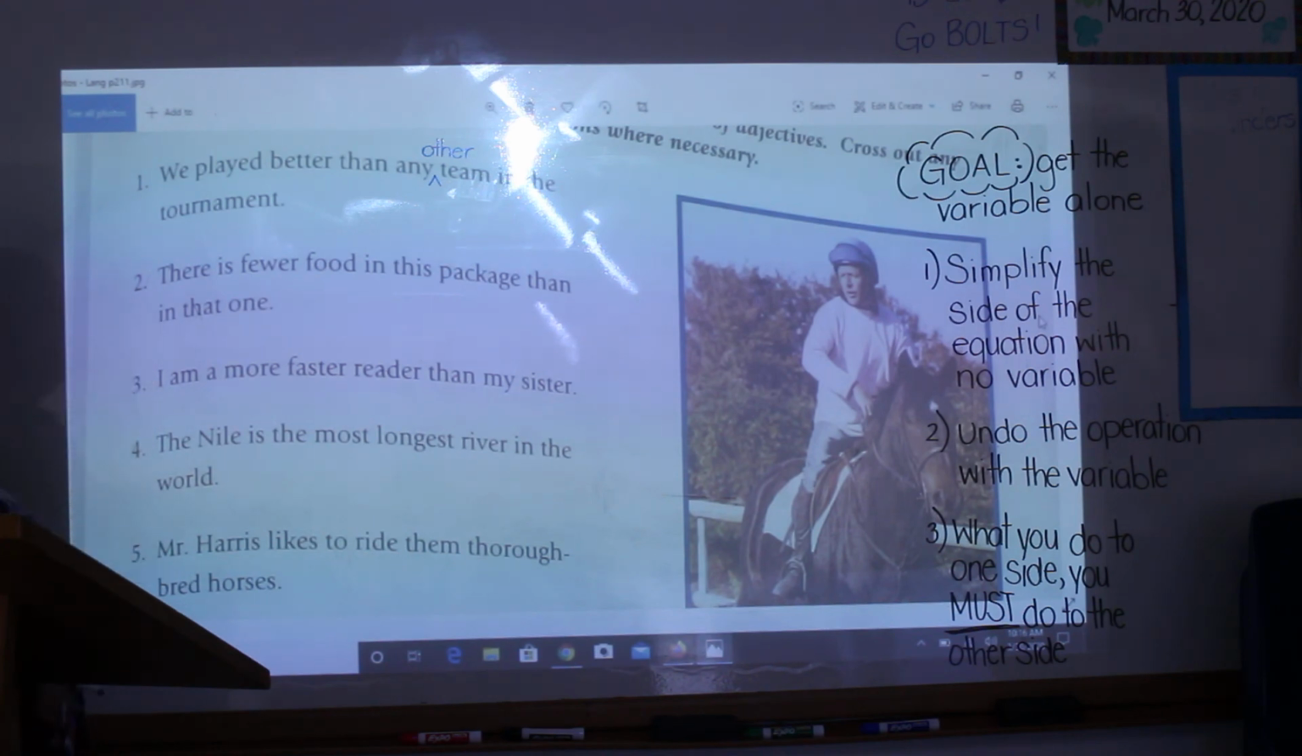Number 2, there is fewer food in this package than in that one. Did you